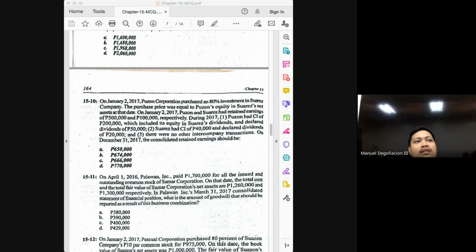Because again, the most relevant dividend declaration is the dividends declared by the parent, class. But why would we be using the dividends declared by the subsidiary? That is if we are not given the income of the parent from its own operations. That is when it only becomes relevant. But if you are already given the income of the parent from its own operations, the dividends declared by the subsidiary will not be relevant in computing for the ending retained earnings of the consolidated entity. And basically, class, we already have everything we need to solve for the ending RE.